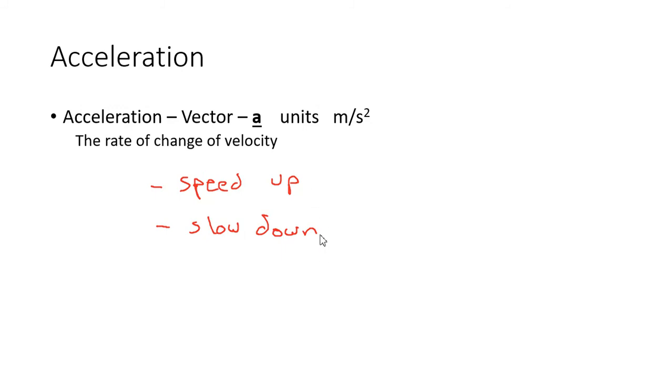We're not going to get into deceleration because deceleration kind of brings in some false understandings of things, right? And again, we'll hopefully see some of that in our examples. The other thing I could do is, because it's a change in velocity, velocity has direction. How else could I change my velocity besides speed up and slow down? I can turn. So acceleration is a change in velocity, which implies if you're accelerating, you're either speeding up, slowing